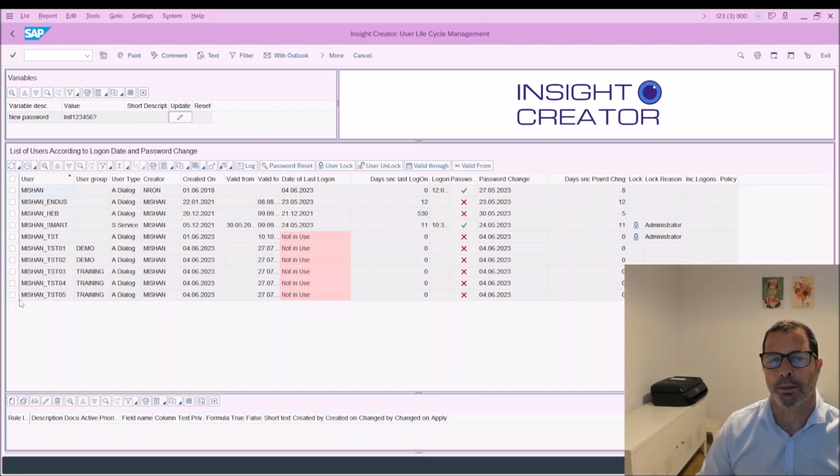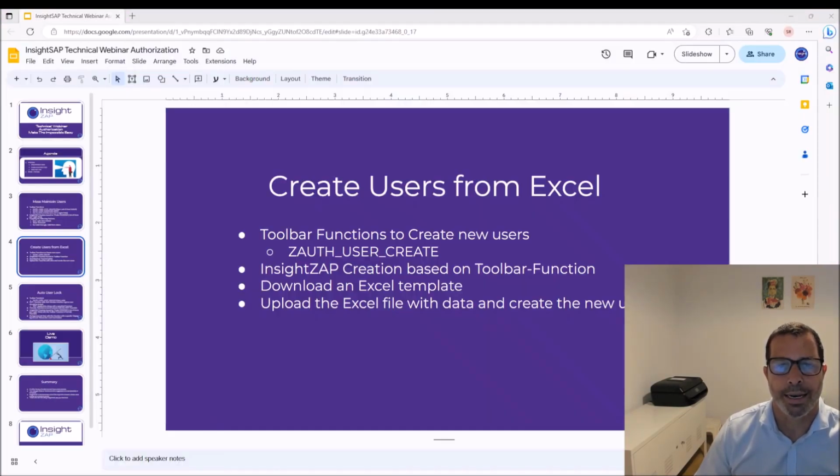Okay, so this is the powerful feature, because now business can ask for the creation of the users, and authorization personnel can just upload it to the system. Next is